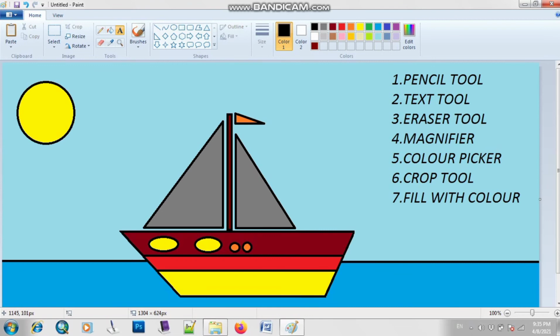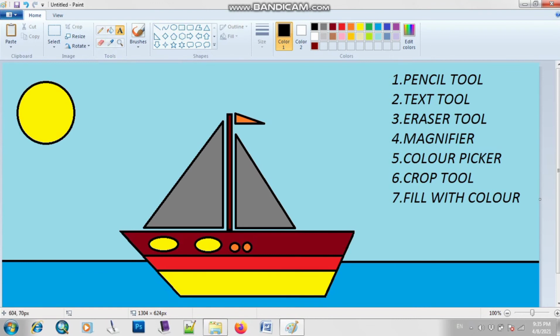Right, eraser tool is basically used if you want to erase something in your drawing, like आपने कोई भी चीज़ type की है and you want to erase it, या आपने कोई भी drawing की है and you want to erase it, then you can use this eraser tool. So this is basically your eraser tool. As you can see, when I move my mouse pointer on the tool, it will also show the name of that tool. Is it clear?